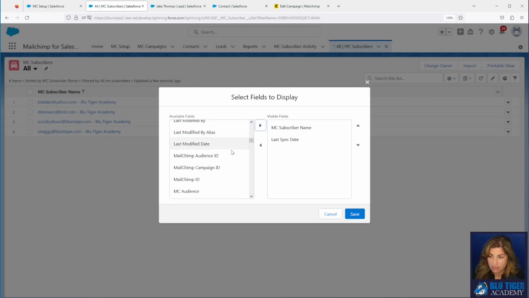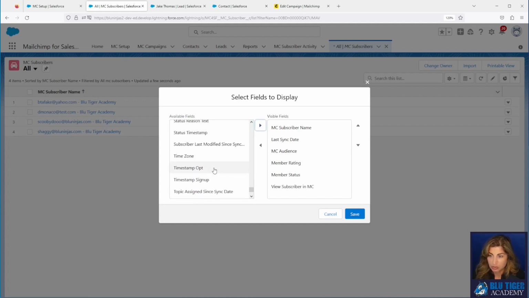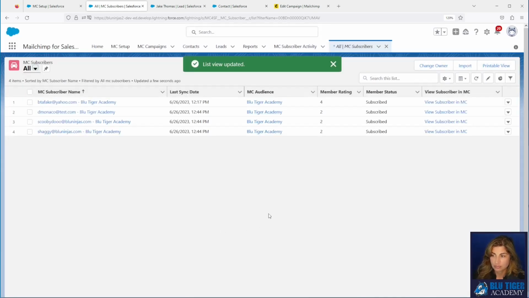So we'll do last sync date, the audience, member rating, member status, and that should be view subscriber in MailChimp. That should be good. We'll stay there for a sec. All right, so we can see all of our MC subscribers. So this means that these people exist in both MailChimp and Salesforce.